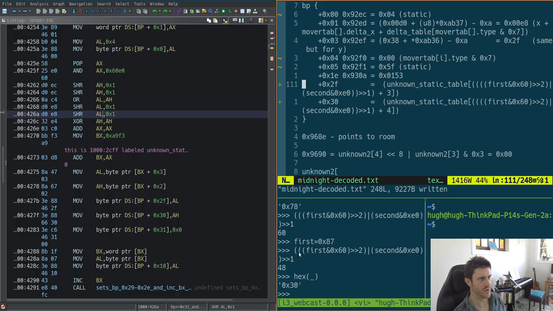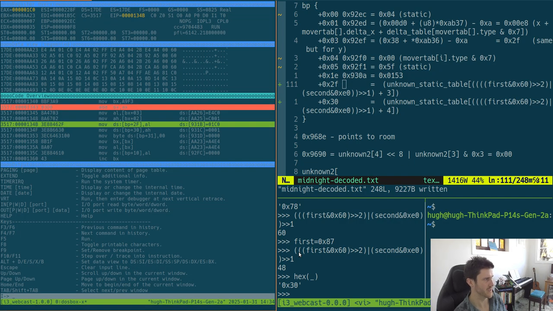And so the memory address for this bad boy, we can see. For the BP plus 2F, it is storing at 931B, I guess. So if we do a print of BP plus 2F,